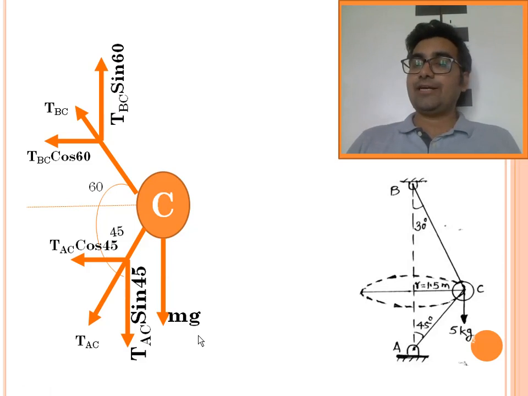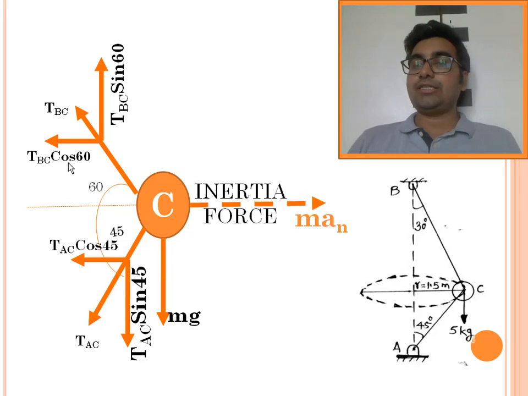So I said there were two components of acceleration for circular motion. One is zero, that means it is not present. That is, the tangential component of the acceleration is not present. So what is present? Only the normal component of the acceleration. The normal component of the acceleration is acting radially inward. So the inertia force will be acting opposite to that. So there will be an inertia force in the radially outward direction. So let's introduce the inertia force in the radially outward direction. Now this system is in dynamic equilibrium.